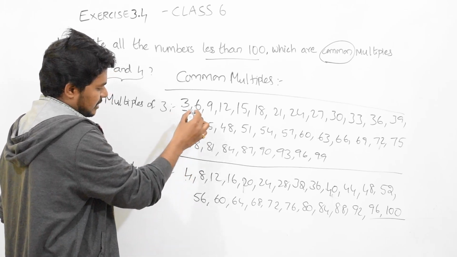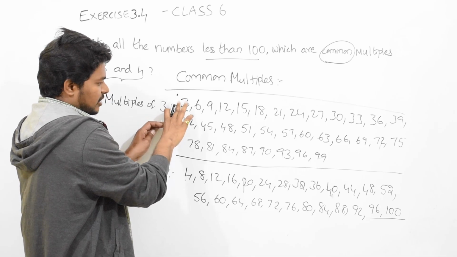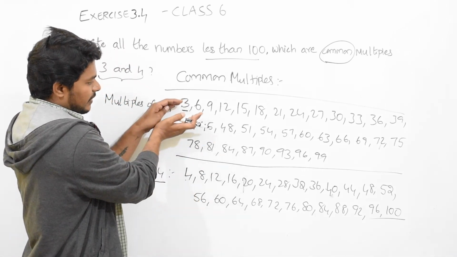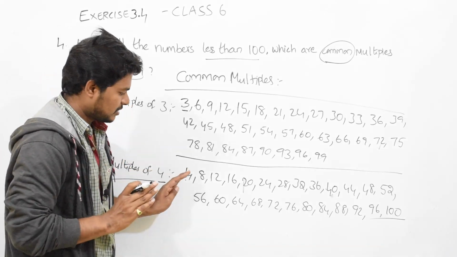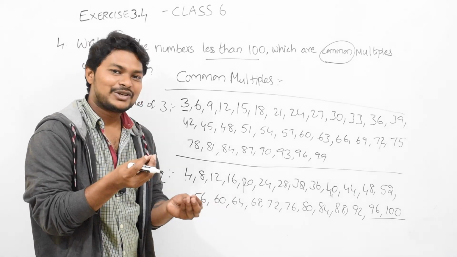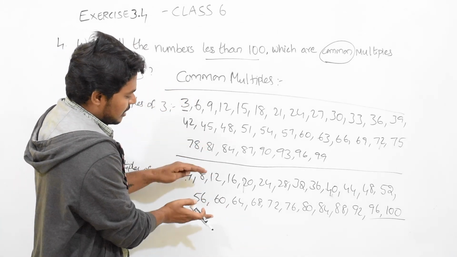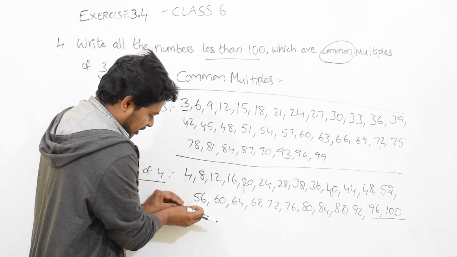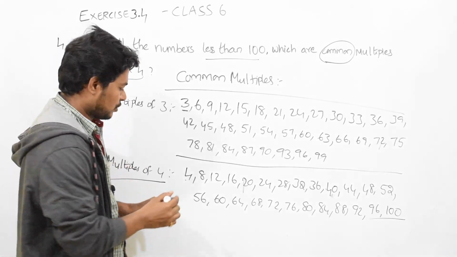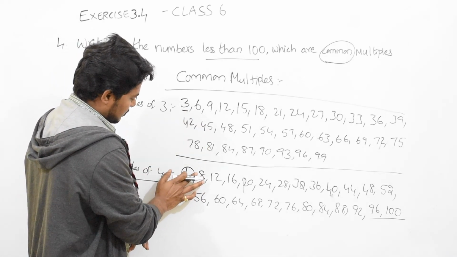3 not present, 6 not present, 9 not present. See, here there are large numbers, here there are small numbers. Take these numbers and verify whether each is present or not. Why? Because we will go through fewer iterations. We need to do smart work. Here the numbers are more, here the numbers are less. So take the number and compare whether it is present or not. So 4 not present.